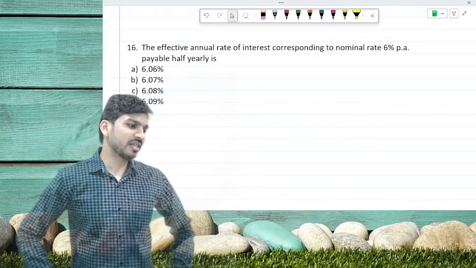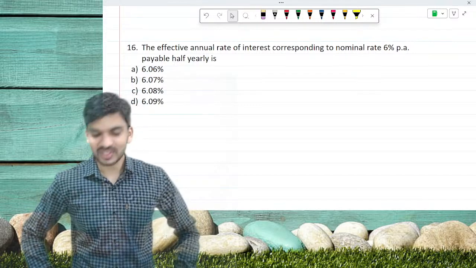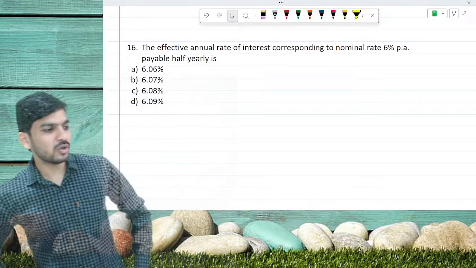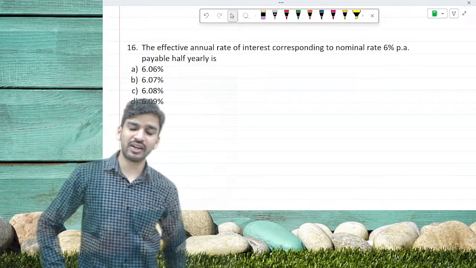Okay, all of you understood now. All of you enjoyed today's class. Say yes, say yes. You have to say yes. Have you enjoyed today's class? Have you enjoyed the compound interest part?